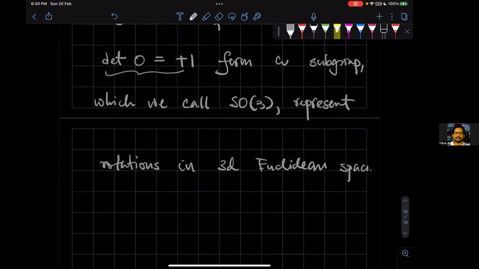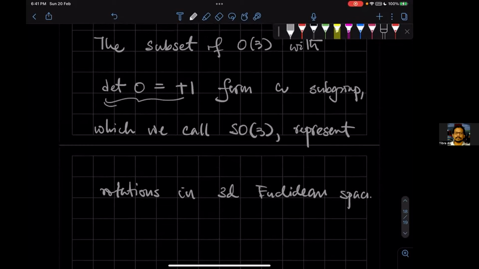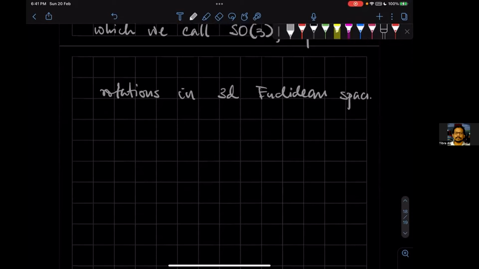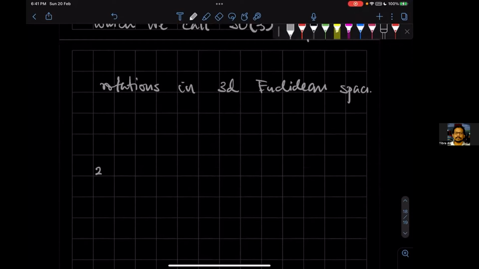So as you know, rotation does not change the length of a position vector, right? So of course it makes sense that rotation would be part of O3. But it seems a little mysterious that rotations correspond to a subgroup. We will explore this further, but let me just make a few comments here. Number 2 is that